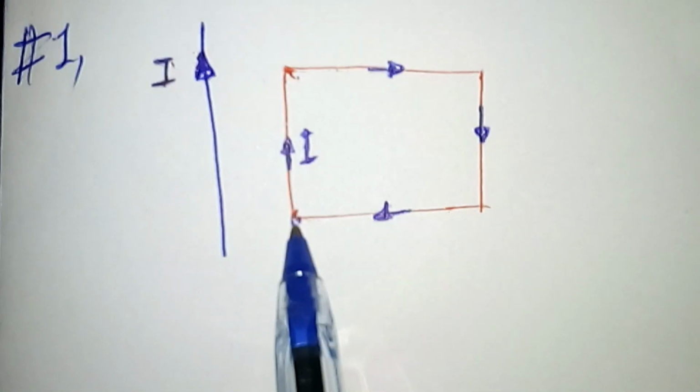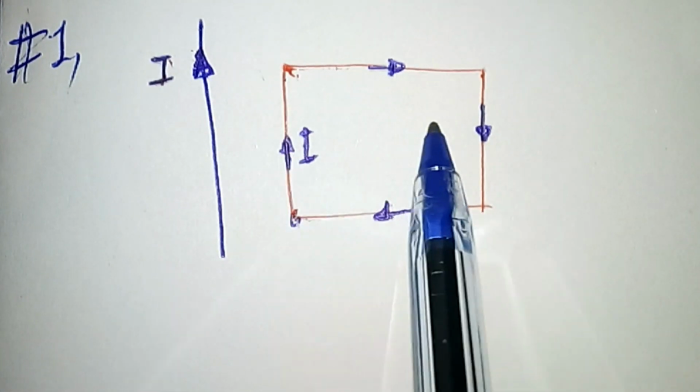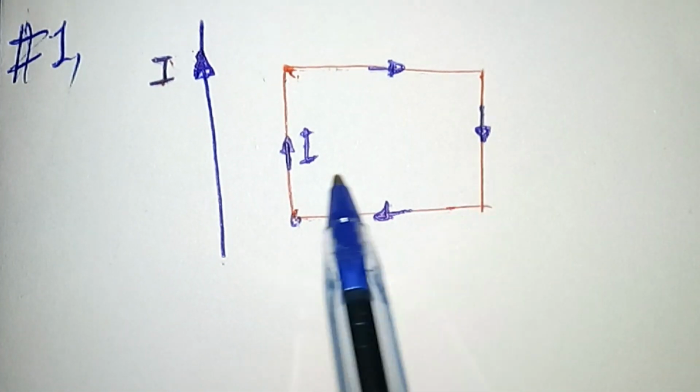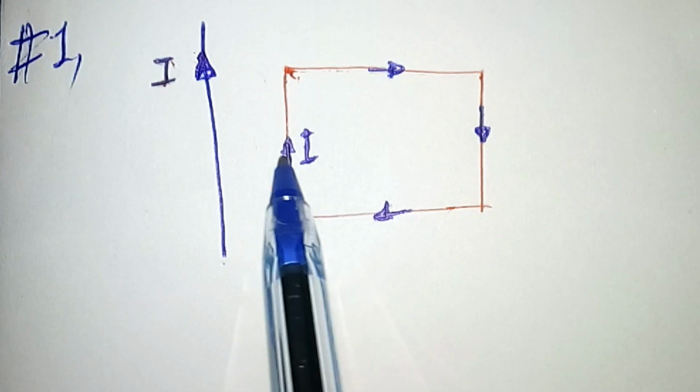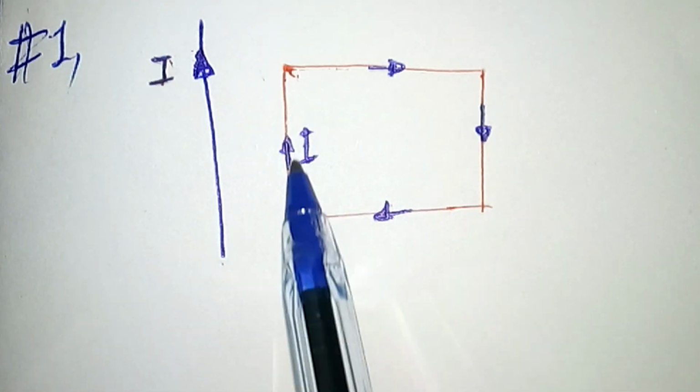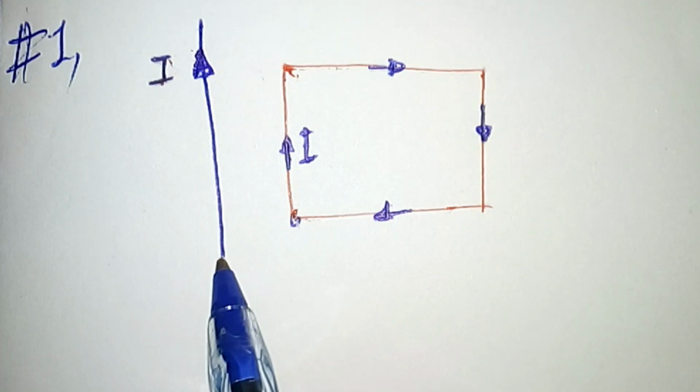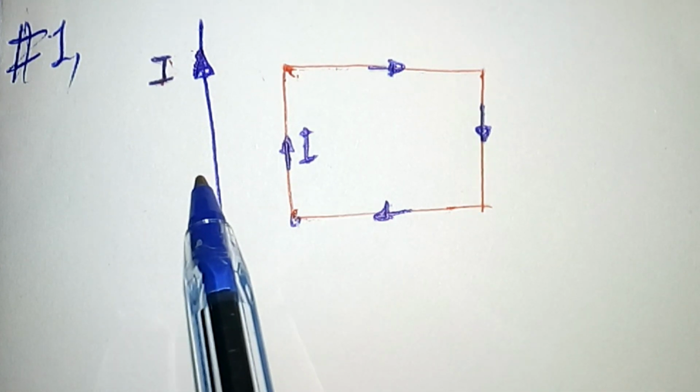If a rectangular loop carrying current I is situated near a long current carrying wire, and the sides of the rectangle are parallel with the wire, then what will happen to this rectangular loop? So we know that the current carrying conductor always produces a magnetic field, and its magnetic field is like a